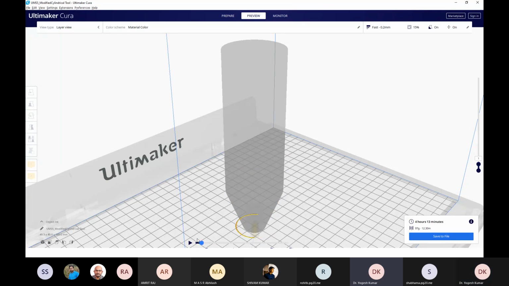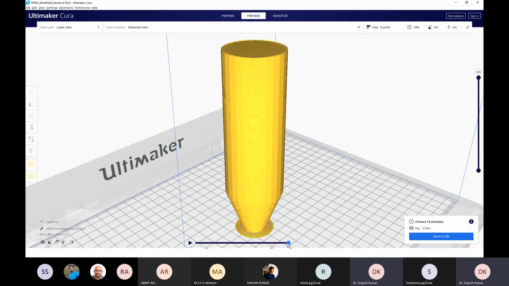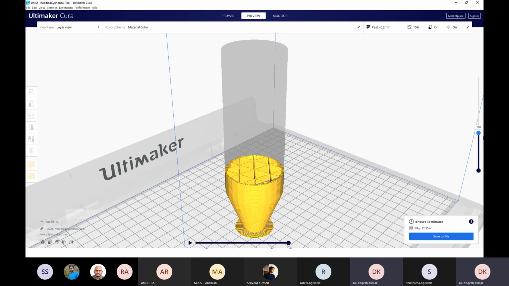Just a second, I want to show something to all of you. Suppose I am showing layer number 1. This is how your initial setup will look like.